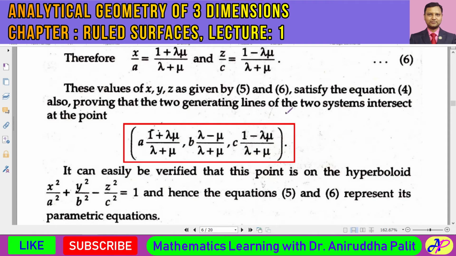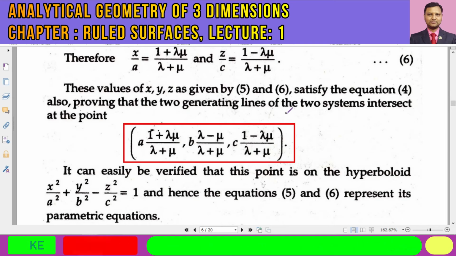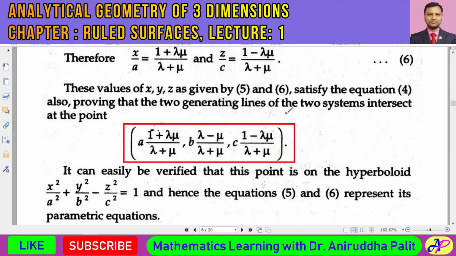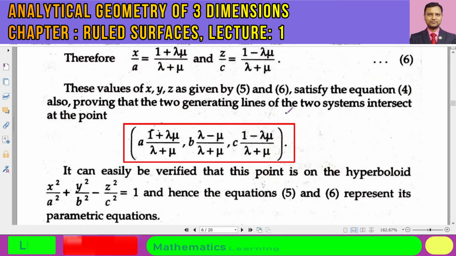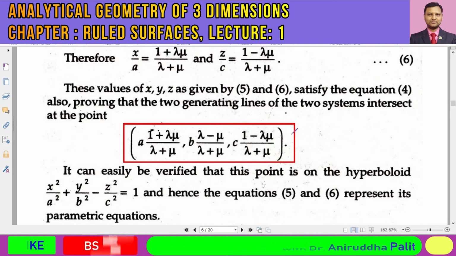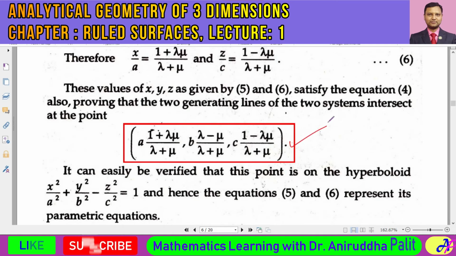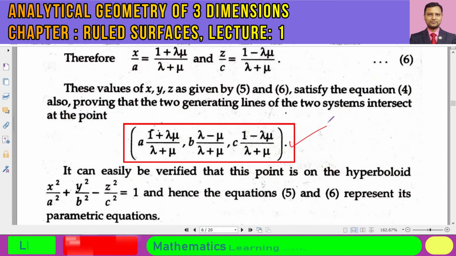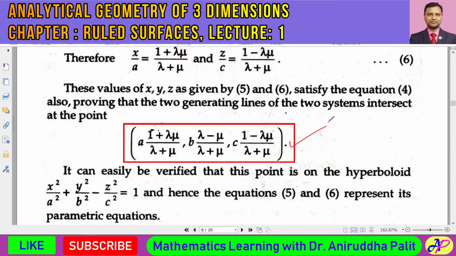So what we are getting, we can say that yes, we actually get the point of intersection of two generators. One generator is taken from lambda system, another generator is taken from the mu system. Therefore we can say yes, these two straight lines will intersect each other. In fact,